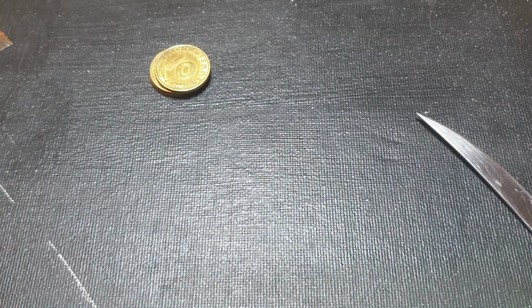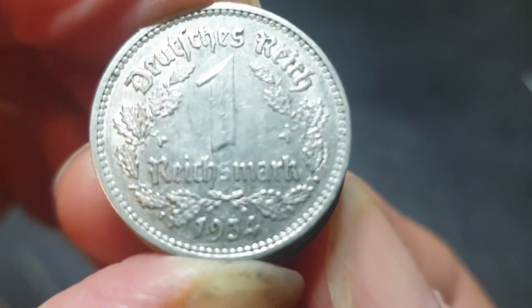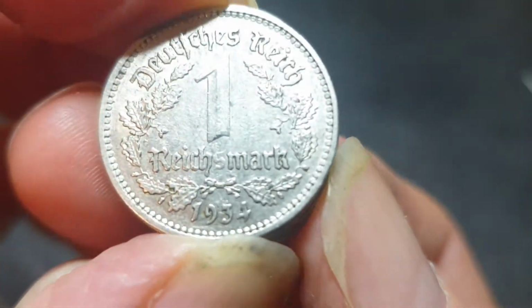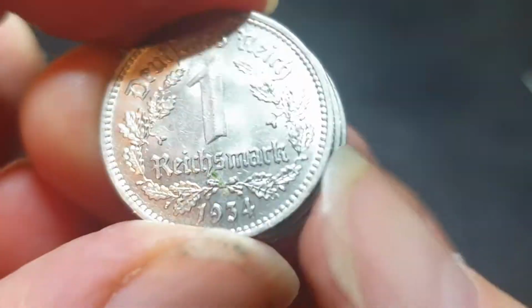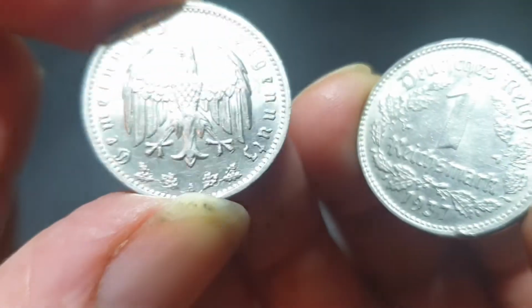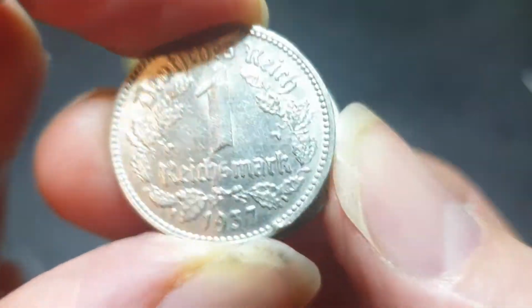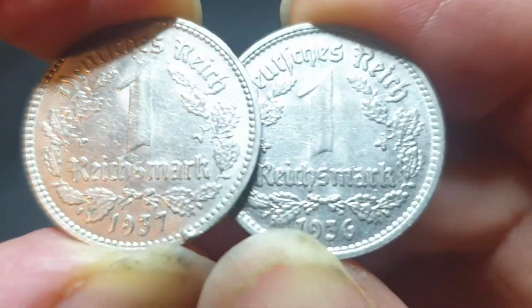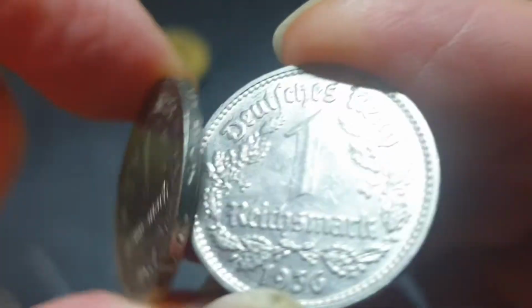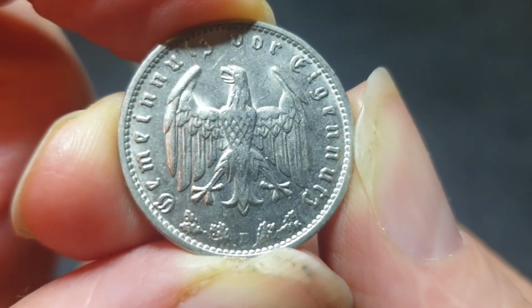Then, okay, I'll just pause the video, I'll get the coins out so then we can actually have a look. Okay, so we got some 1 Reichsmark, so these are the nickel version. So I got 34 F, 34 A, so it's Berlin, got 37. The actual 36 is the ones you want to get, as far as I know. Oh, here, it's got a 36 there. 36 is the lower minted ones, and probably some of the 35s. So 36D, I'm not too sure on the mintage, but